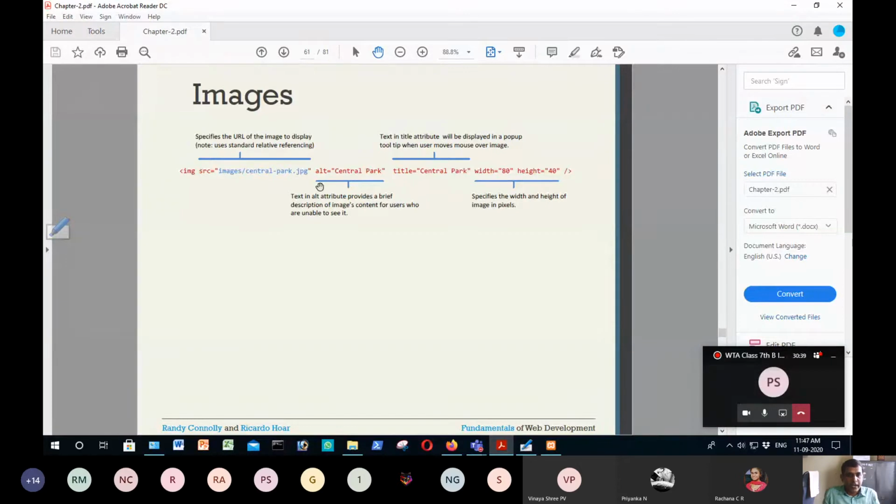Then alt is quite important. What does the alt attribute do? See, there are situations where, due to bandwidth restrictions or otherwise, the image present on the server may not load at all. What if the centralpath.jpg image file is not there? Or else, it's an image which may consume more bandwidth and your internet is having less bandwidth, you are unable to download the image. What should be displayed in the place of the image? So alt usually contains a text message that will be displayed alternatively if an image can't be displayed due to some reason.